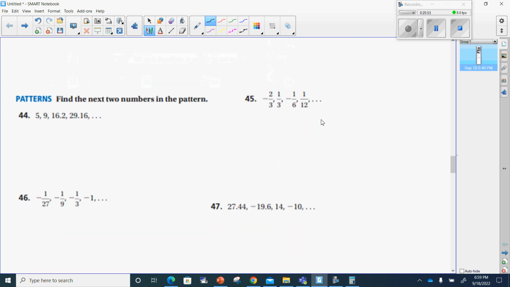Let's go to number 45. Find the next two numbers in the pattern. I have to see what is happening to the number in order to see what the pattern is, okay? So what am I doing to 2/3 to get to 1/3? Well, I got negative 2/3,